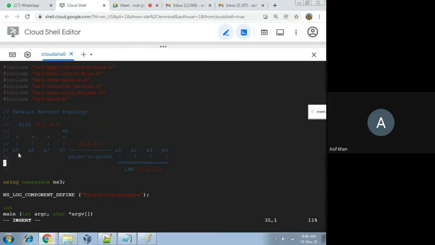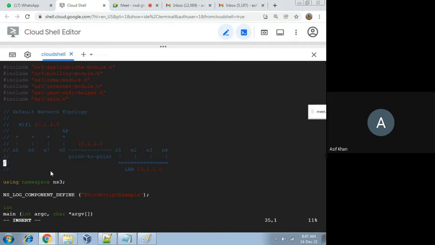Okay. So how is it sending? This data from N5 is going to the access point, this N0, and then N0 is sending to N1. N1 means to this wired LAN, this CSMA channel. And then data is coming to this N4 through this bus topology. So this is the scenario here. N5 is the source node, that is the client. N4 is the destination node, which is the server. So N5 is sending data packets to N4, and N4 will reply back to N5. Okay, so this is happening here.